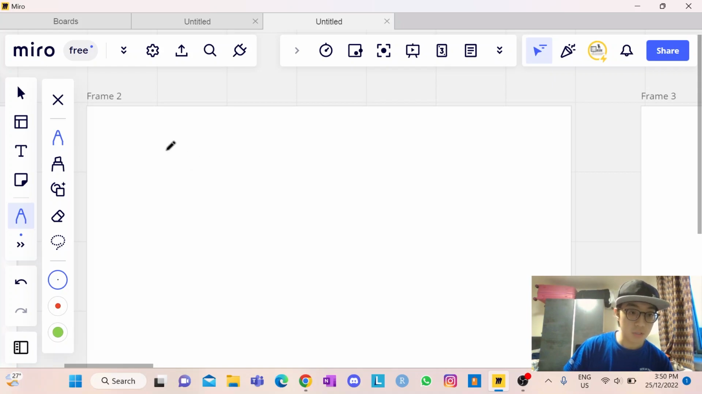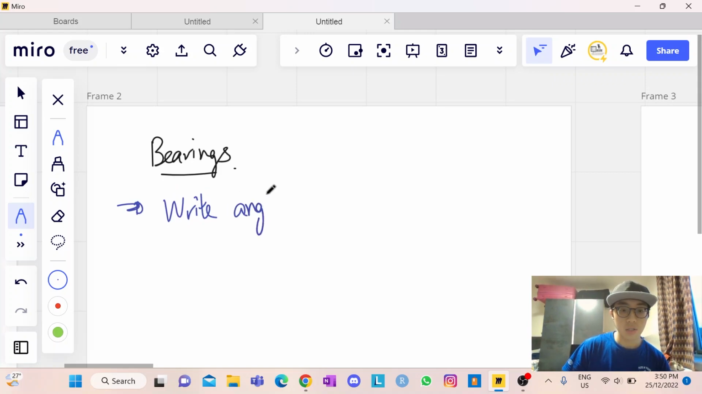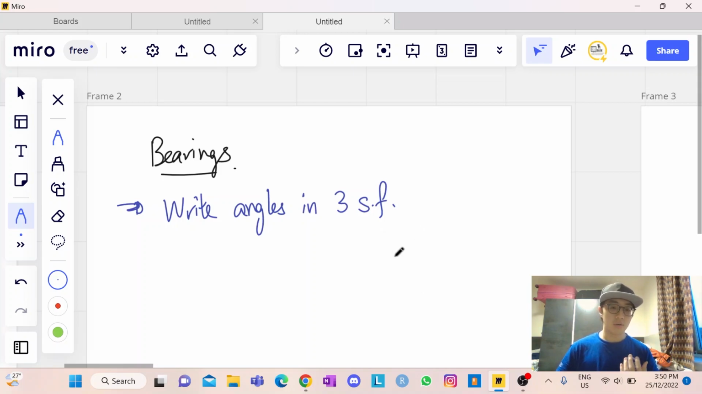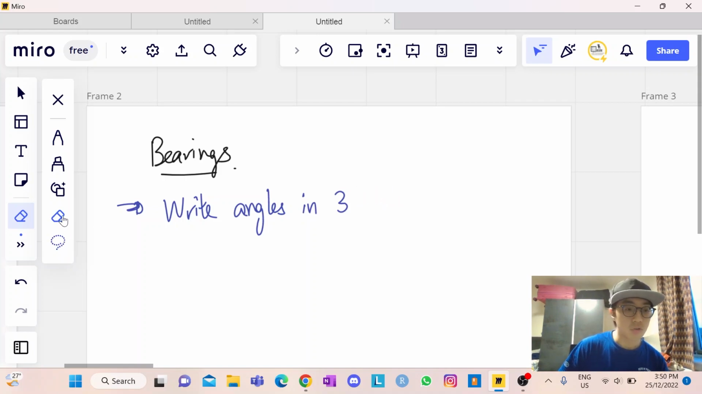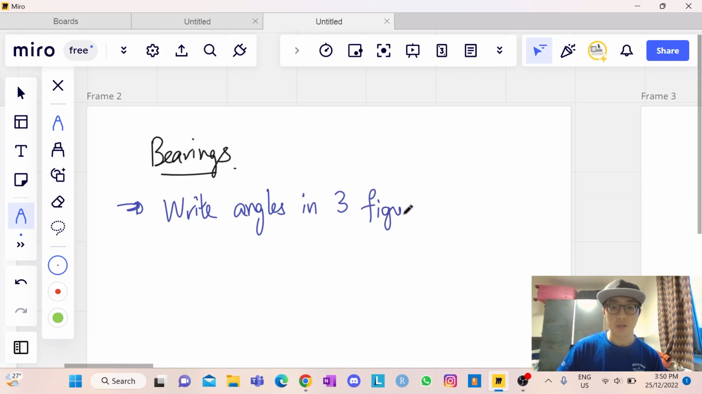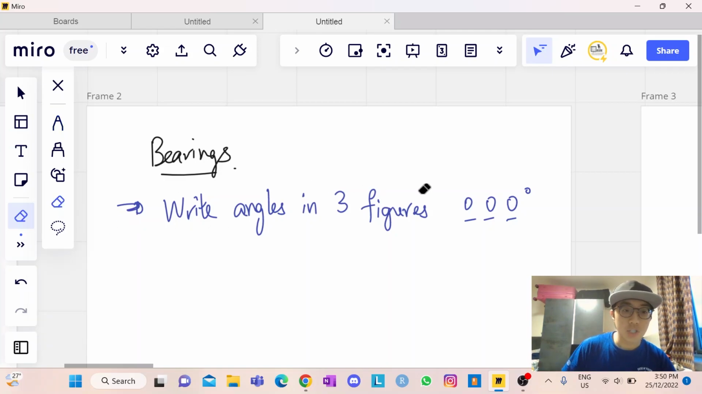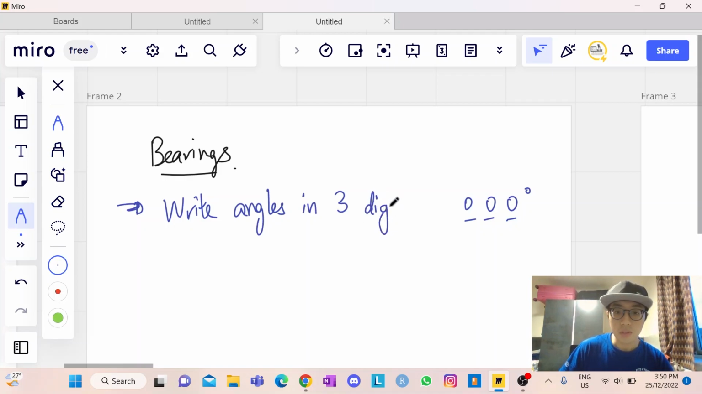Bearings, in short, are a very easy topic. All you need to remember is that you write the angles in 3 figures. This is a layman's term, although it's not exactly 3 significant figures, because you have to write a zero in front. So it's like 0 0 0 degrees, even if it's a single digit. In 3 digits, this is the correct form. You need to write every single angle in 3 digits. So this is all about bearings, and it is